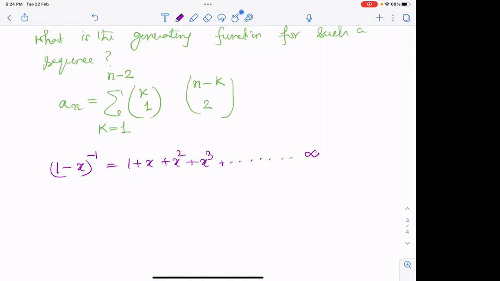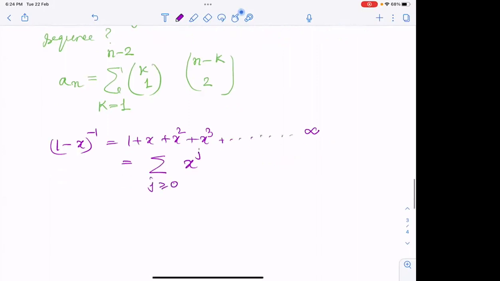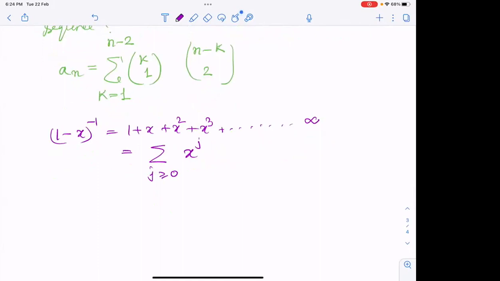So this is x power j. Now let's derive both sides with the formal variable x. So if you derive the LHS, what will we get? Square. And the RHS, if you derive,